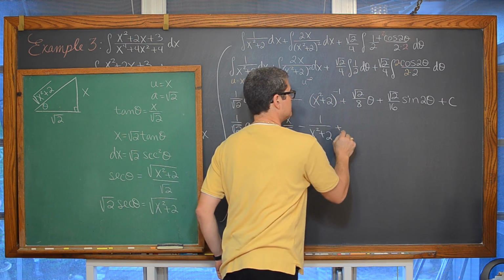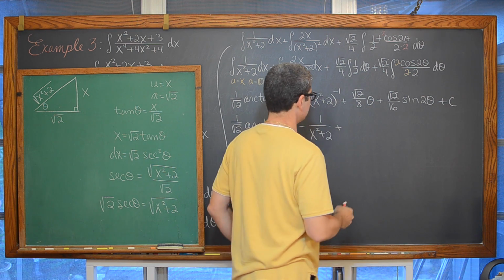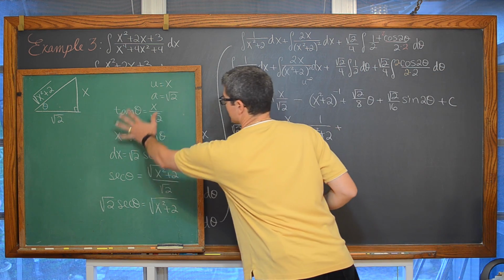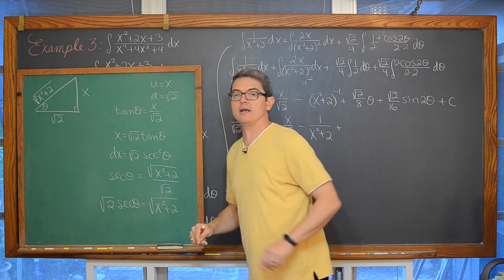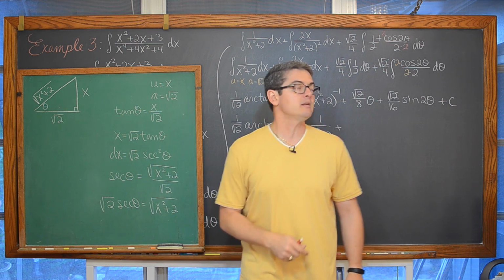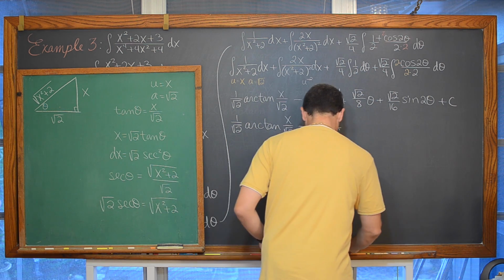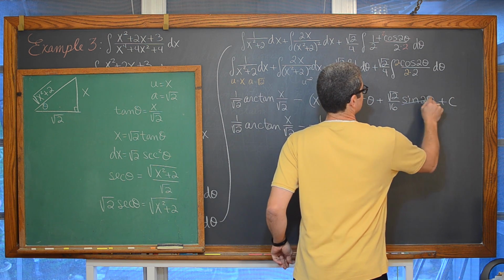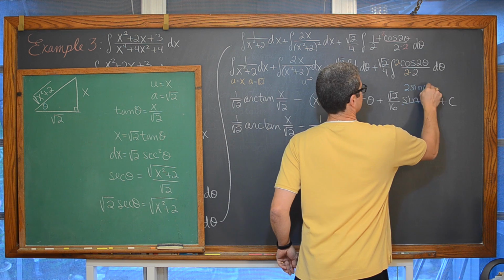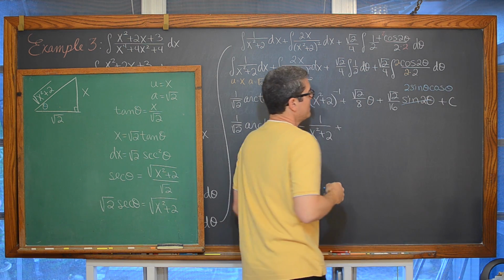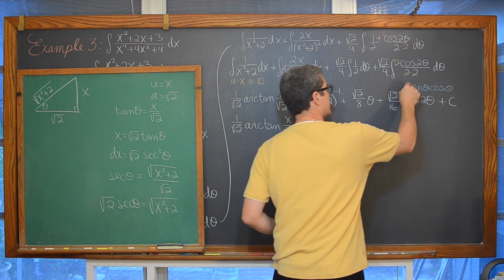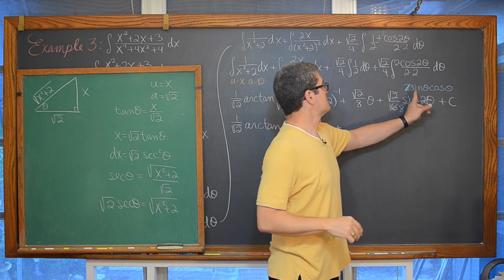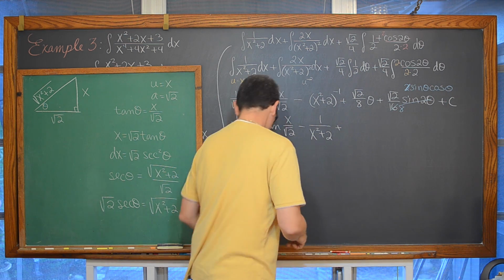We have plus, not quite done yet, because here we have the sine of 2 theta, but all of our references, our little equations relating x and theta together, don't have a double angle in them. Let's try this again, working on the fly. The sine of 2 theta is 2 times the sine of theta cosine of theta. And the 2 and the 16 are going to cancel out, giving us a new denominator of 8. So we're looking at square root of 2 over 8 times the sine of theta cosine of theta.